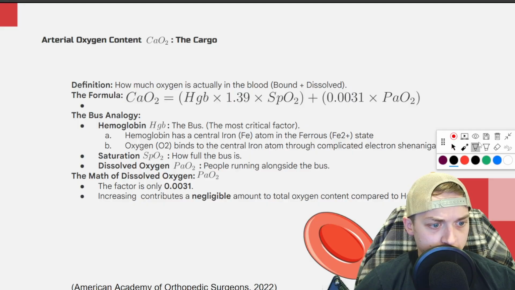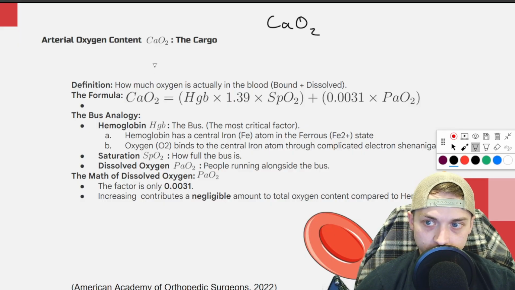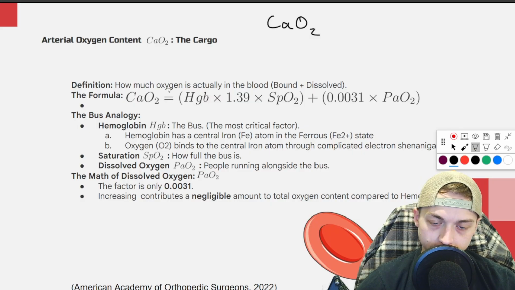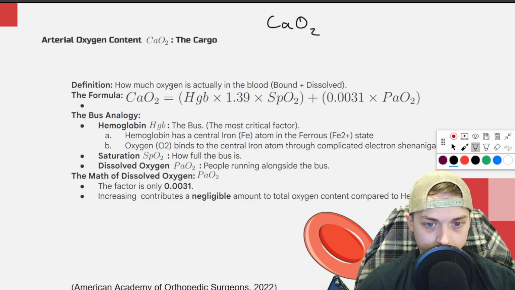Okay, so this is our CaO2, okay? So arterial oxygen content, CaO2. Okay, this is the cargo, right? So let's say that Walmart has increased the amount of trucks and the frequency and how often they're coming, but now that product is still in high demand, so now they're going to have to start stocking the trucks even more full than they already are. I doubt that they're going to pay you any more for unloading a big truck, but, labor rights and all that,